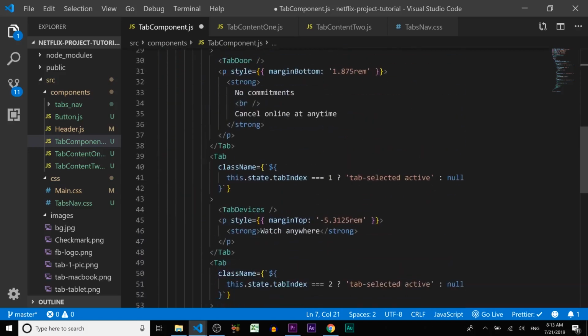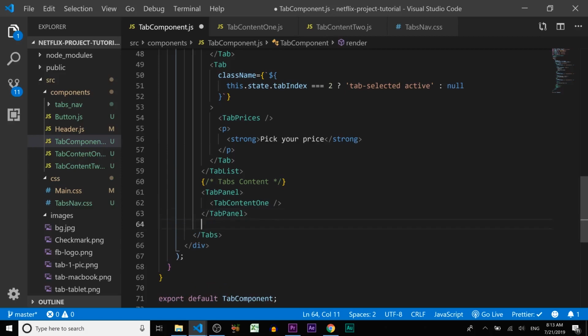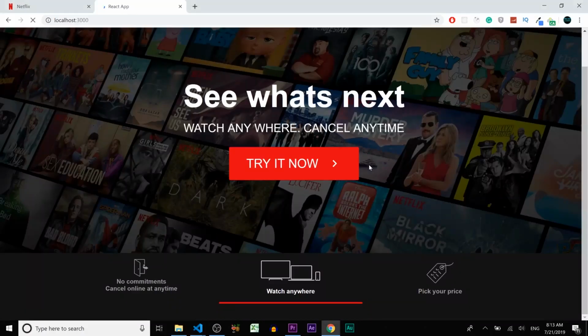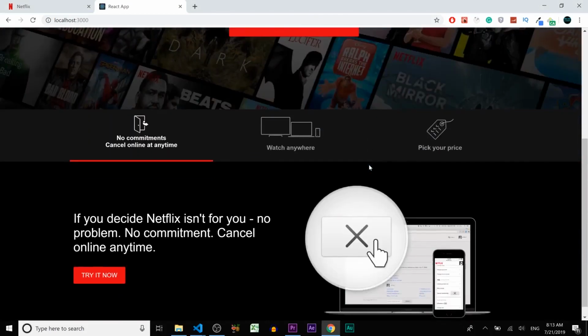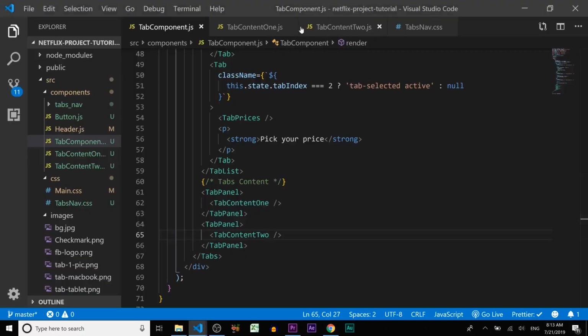Okay, now let's add in here, let me copy, add in here, instead of 1, we're gonna add 2. Let's save and let's see. Okay, now let's style it. Let's close tab content 1,